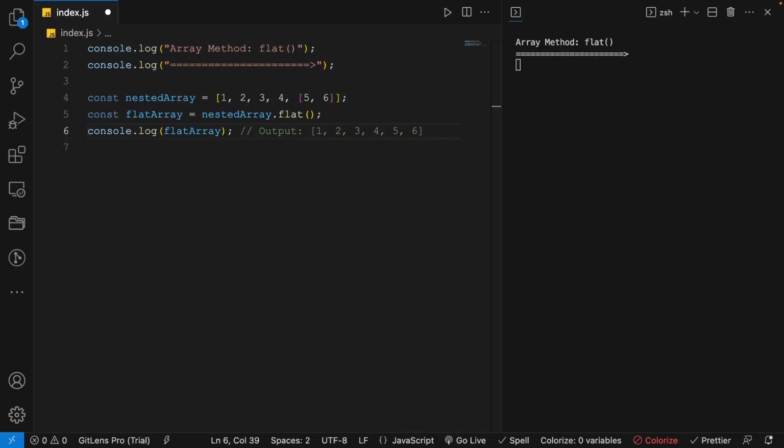It is used to flatten a nested array structure by concatenating all nested arrays into a single flat array. When you call the flat method on an array, it creates a new array that is a flattened version of the original array. Any nested arrays within the original array are recursively flattened and their elements are concatenated into the resulting flat array. By default, the flat method flattens the array with a depth of 1, meaning it removes one level